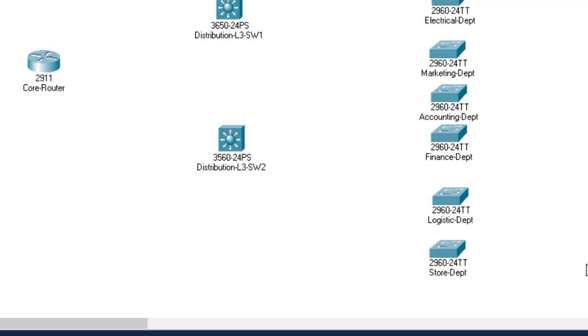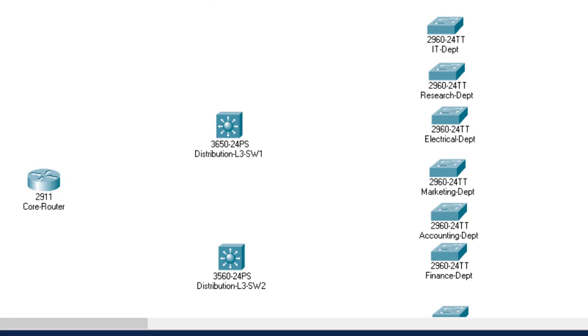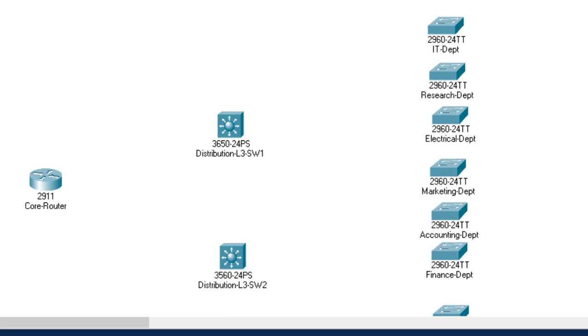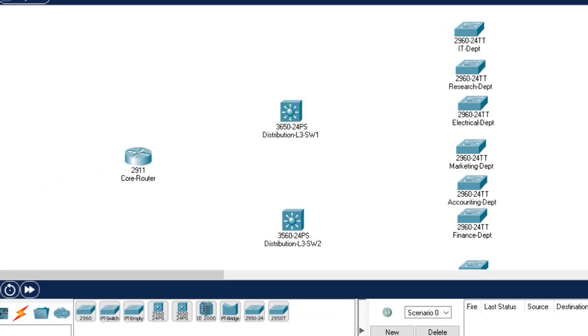Okay, we have managed to include all the switches in every department. Remember, we had only 8 departments, and we have assigned a switch to every department. As you can see in the diagram, we have 8 switches. Okay, so what's remaining, guys, is how to connect these devices using the right cables. Okay, so I'll just come here